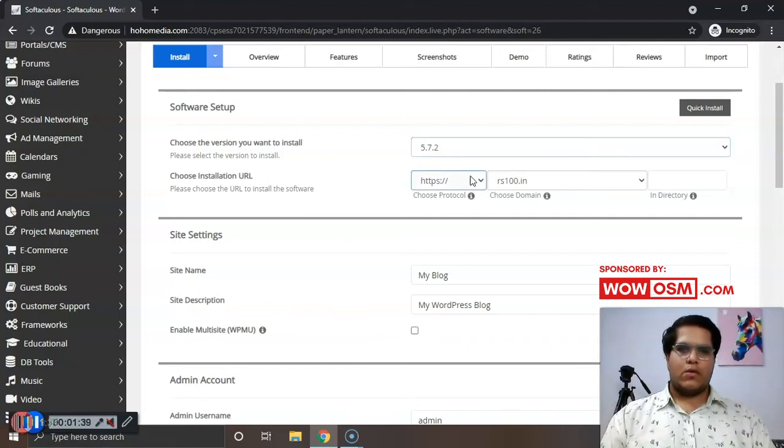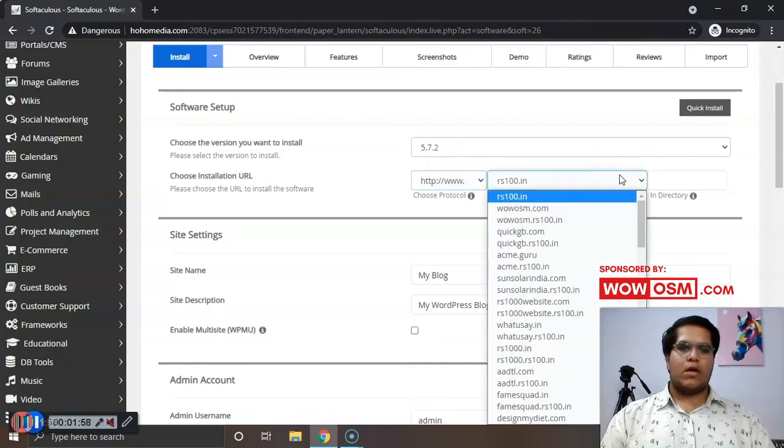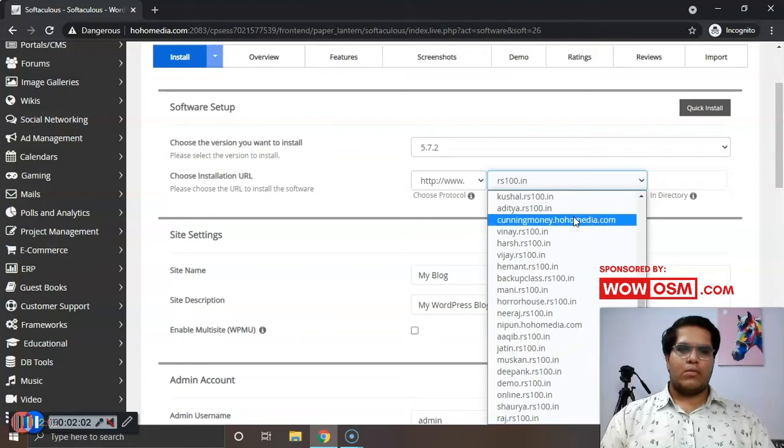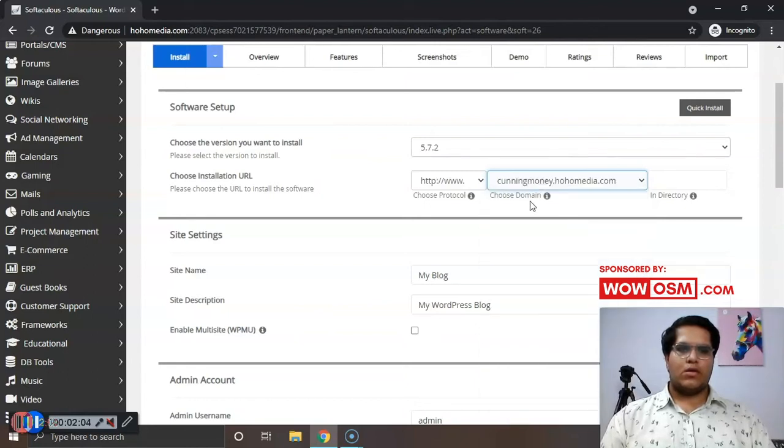Okay, so after choosing the version, you're going to have to go for either HTTPS with www or HTTP with www. So I'm going with HTTP www because I don't have any SSL certificate for this subdomain. So now I'm going to go here, find my subdomain. There it is,